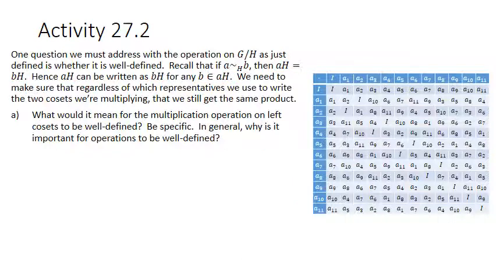Okay, so let's go over this activity. Part A. What would it mean for the multiplication operation on left cosets to be well defined? Be specific. In general, why is it important for operations to be well defined? Let's get as specific as possible about what it means for this operation to be well defined. This is referencing the things I put up here, but you need to flesh them out a little bit more. So for the coset operation to be well defined,